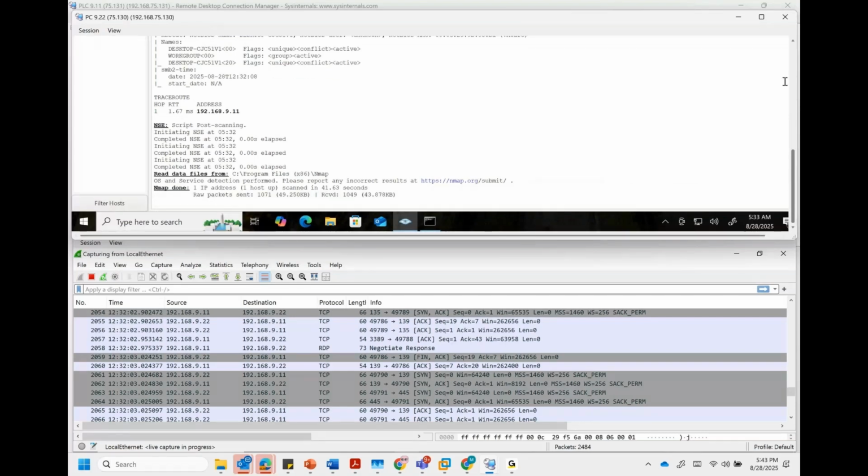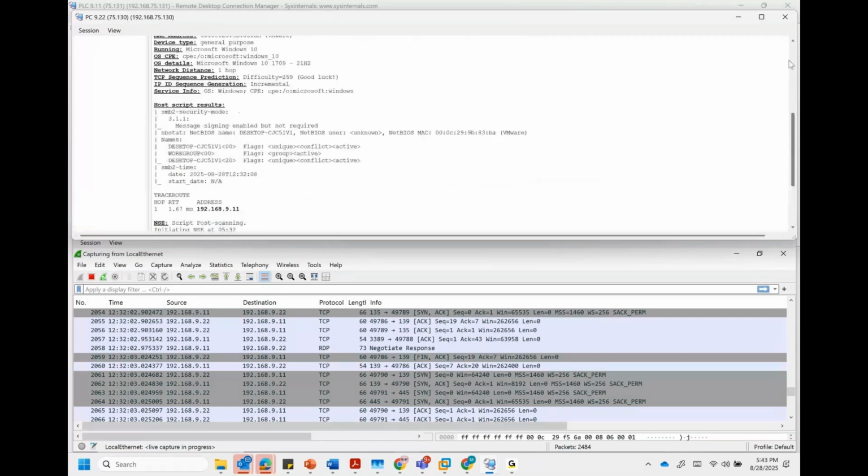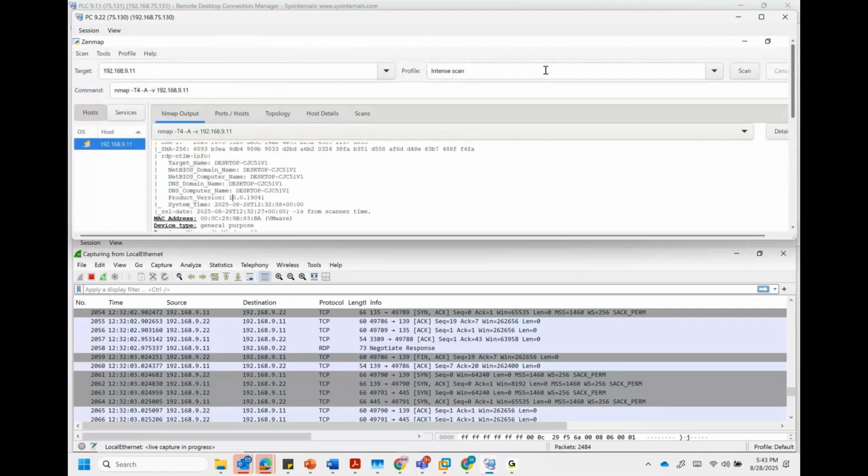So maybe I do need all that information that an intense scan provides. But if I run the scan, the PLC may not like it, or there may be a risk. I don't want to take a chance and be the one who shuts down the facility.